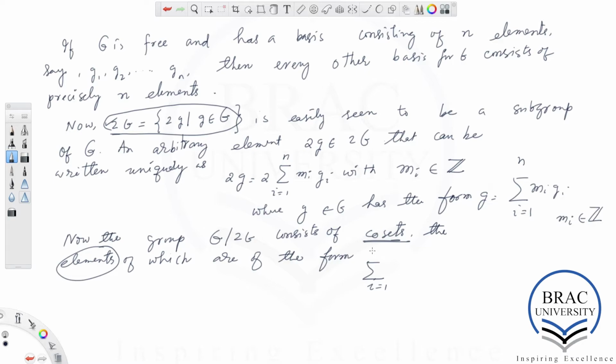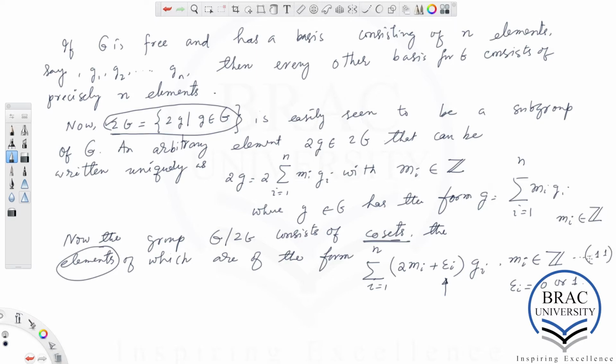The sum from i equal to 1 to n of (2mi plus epsilon i) times gi, where mi belongs to the set of integers and epsilon i are either 0 or 1. Let us call this equation 11.